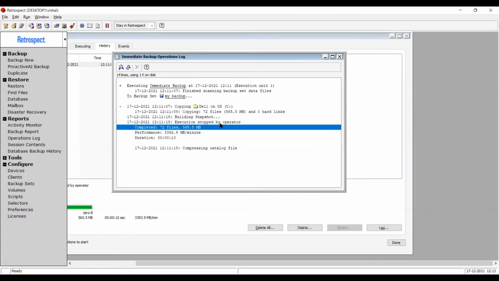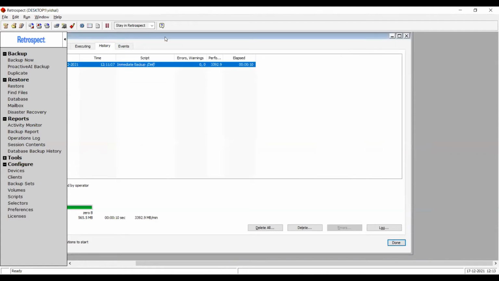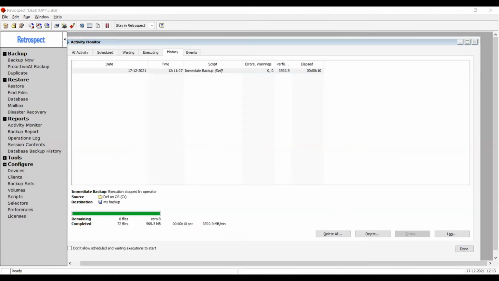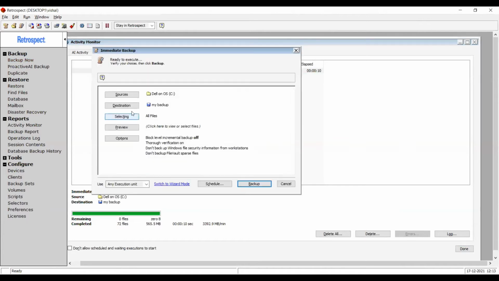The reason it does not show successfully is because the other phases of the backup are still remaining, like the comparison part. So let me just take advantage.